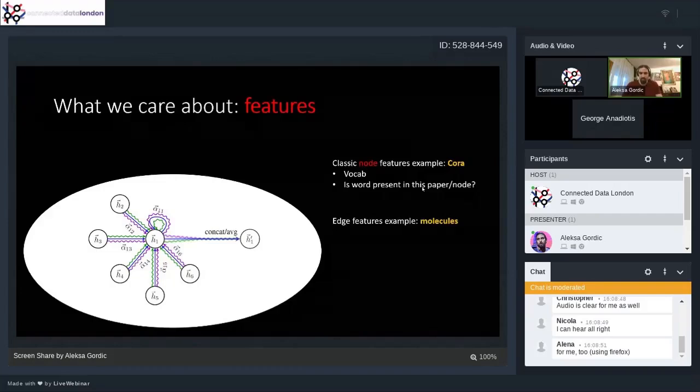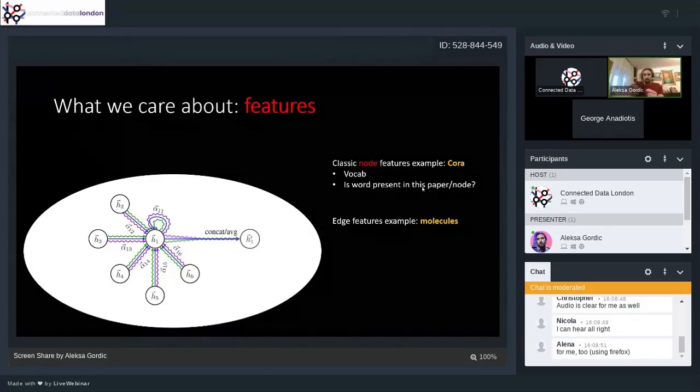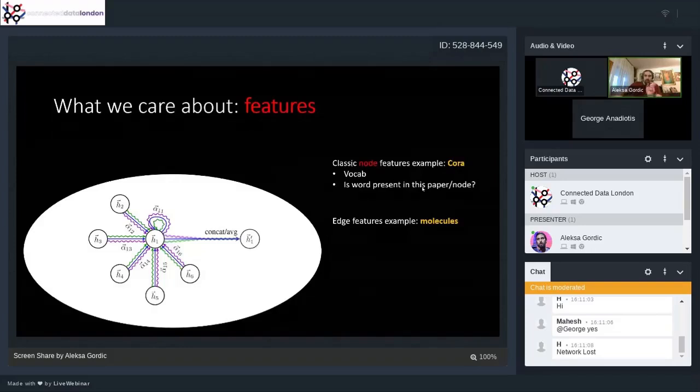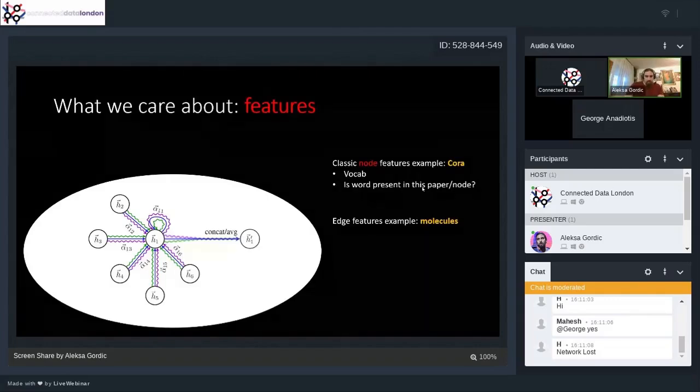Another example, and I think I mentioned this one already, is molecules. Maybe the edges can be single bond, double bond, or aromatic bonds, etc. You can imagine having a one-hot vector as one trivial example of how you could featurize these edges. Basically, if you have a single bond, you just put maybe number 1 in the 0 slot. If you have a double bond, you put 1 in the second slot, etc. So hopefully you already knew this. If you didn't, I'm glad I had this short introduction.